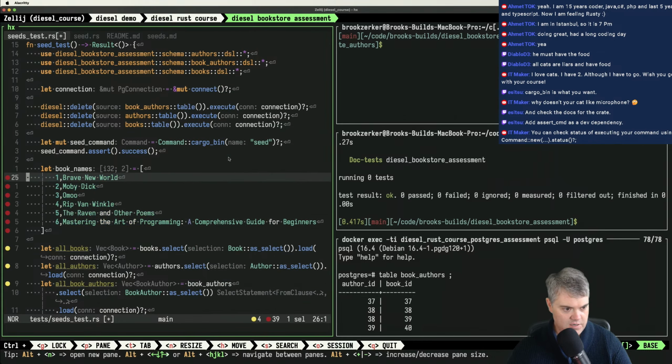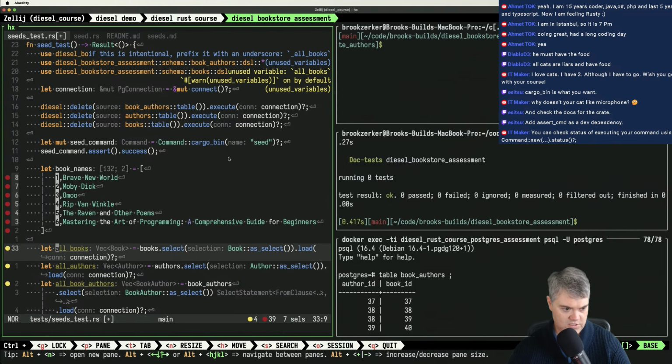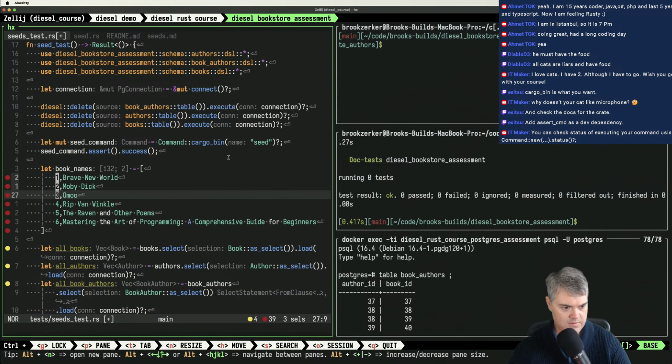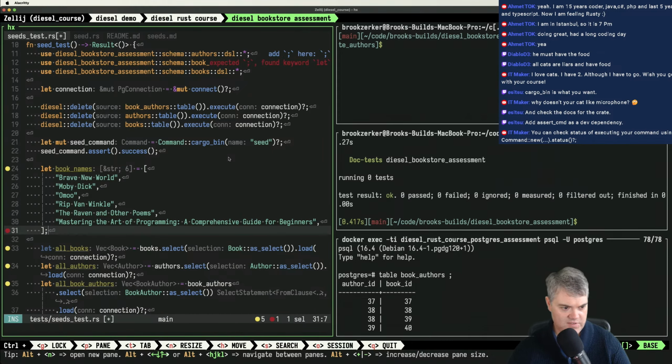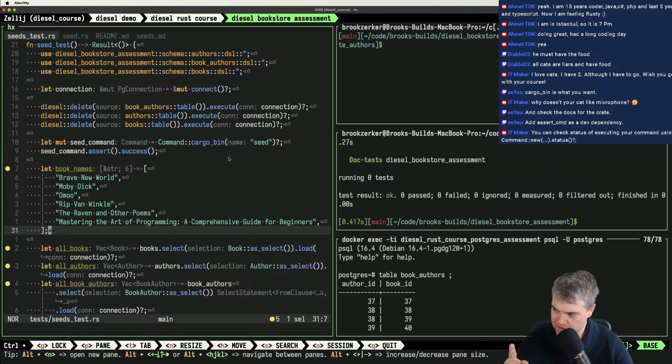Okay, let's come over here. Dude, that's too many. Brave New World, that. Okay, so there we go. Now we have our book names that we want to go over, so an array of 6 strs. That's fine. I want to check to see that we have